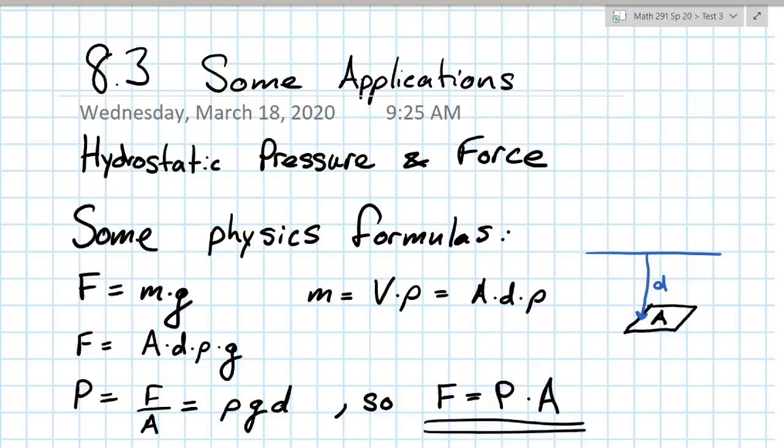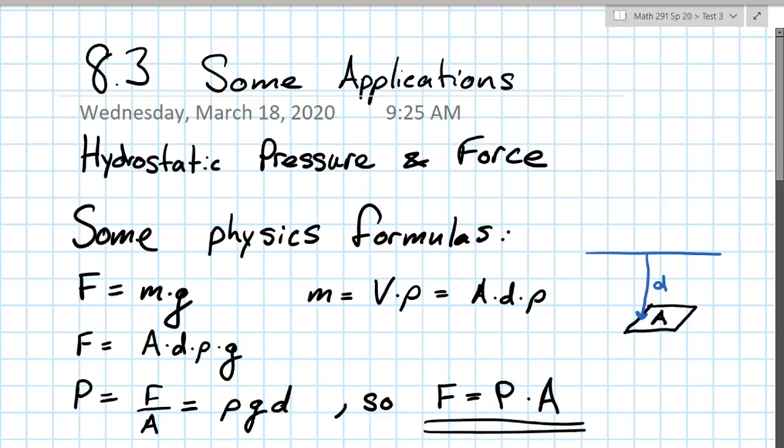In this next section, we're going to look at a physics application, that is hydrostatic pressure and force. We need to talk about some physics formulas and constants that we'll be using in this section. The idea here is that we have a plate or something submerged underwater, and as you see in this little